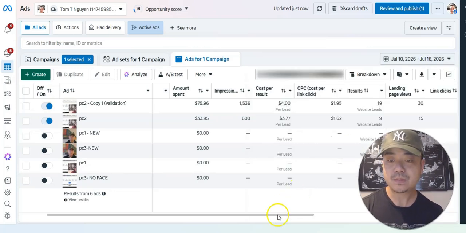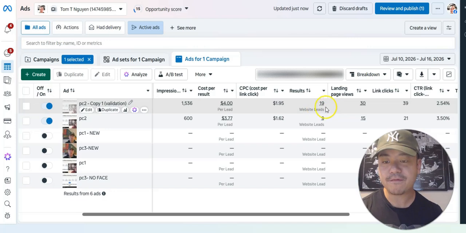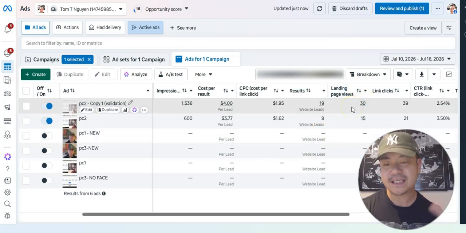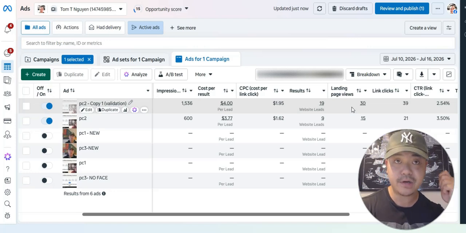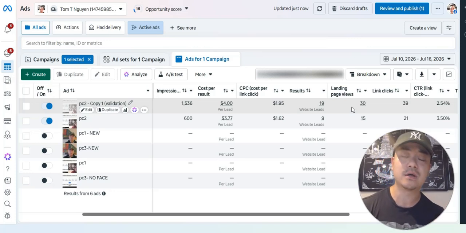Okay. So you guys can see, I'm getting roughly, so 19 divided by 30 will be 63% email opt-in rate. And email opt-in rates are basically people who are giving me their emails in exchange for my free training, which is a lead magnet. And in the future, I'll teach you more about different types of lead magnets that you can serve towards your ideal customer avatar or your customers or your clients.